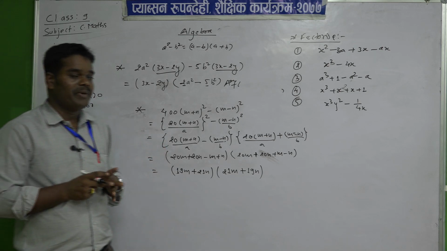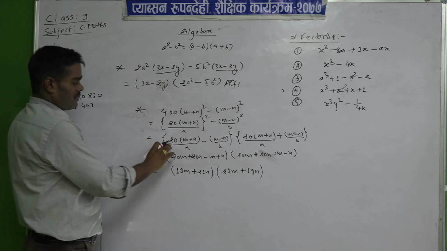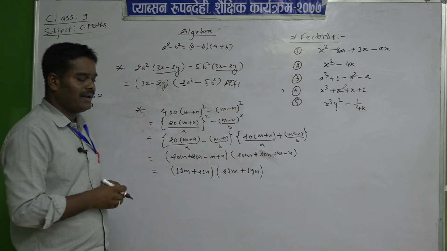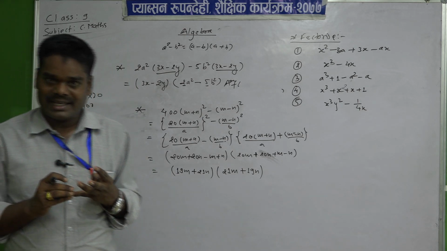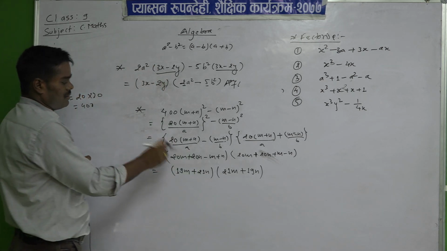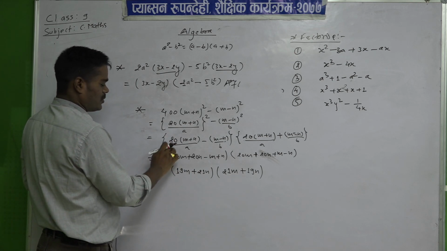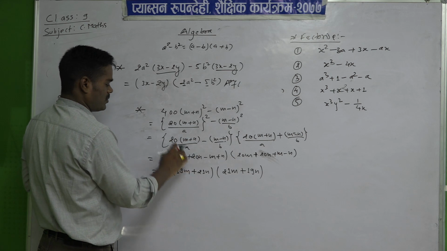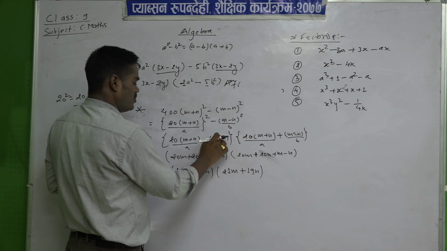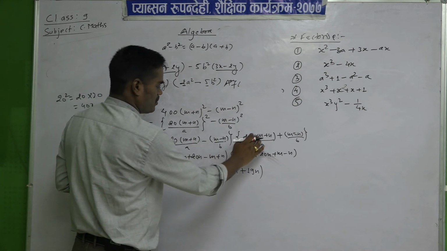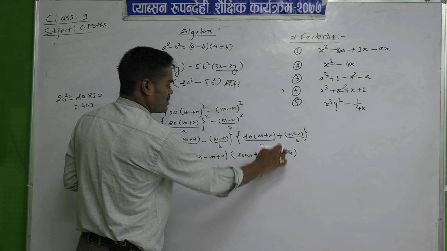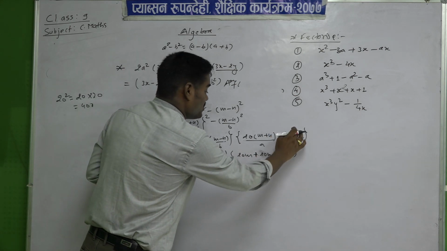So, while removing or opening the bracket, whatever is in front or behind, all of it will multiply whatever is inside the bracket. So, while multiplying we have to be very sincere. Firstly, we multiply the sign, secondly the coefficient, and thirdly the variables. So, see here: plus into plus, plus 20 into m, 20m; plus into plus, plus 20 into n, 20n; minus into plus, minus m; minus into minus, plus n. And likewise the same here: plus into plus, plus 20 into m, 20m; plus into plus, plus 20 into n, 20n; plus into plus, plus m; plus into minus, minus n.